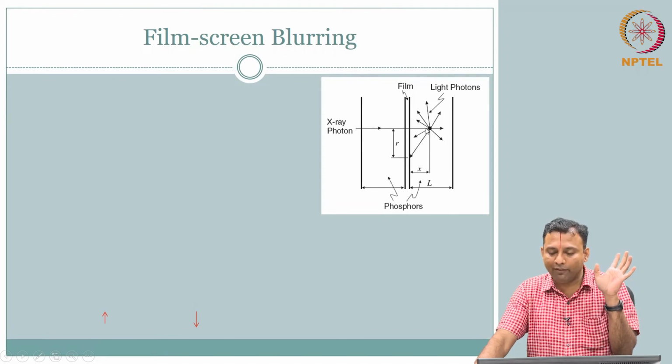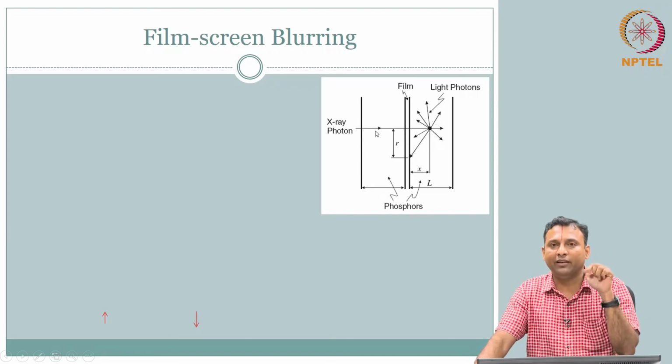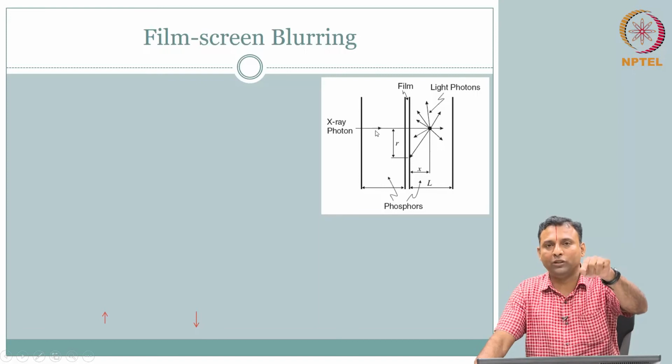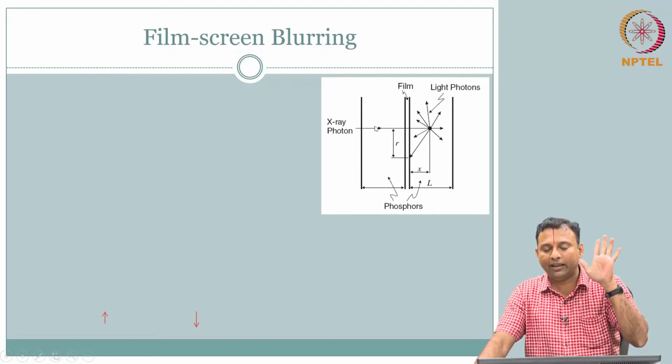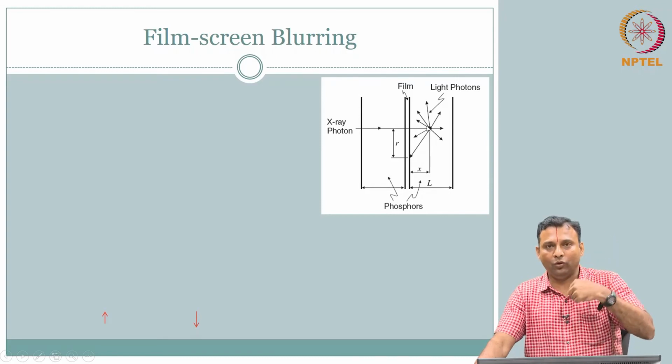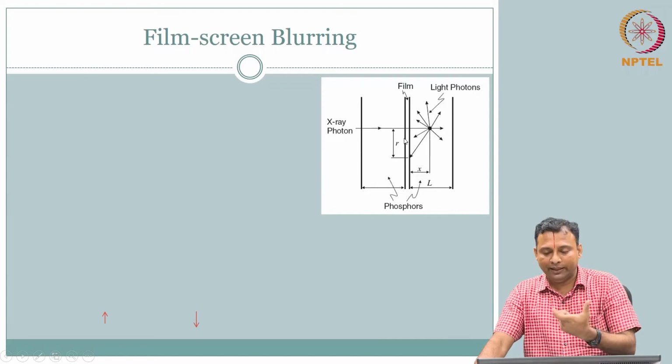You look at it, oh, I have a point. Technically, this one X-ray photon is interacting at one point, and that is the same location where you want the X-ray photon as coming. The X-ray photon is coming through some x comma y of the object. That is what I want to record. But then the X-ray photon is coming through that location in that object, and when it hits the detector, your intensifying screen,